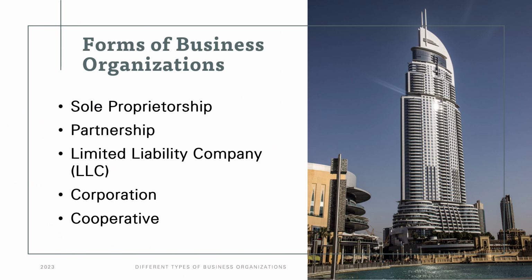First and foremost, there are several different types of business organizations, including sole proprietorship, where a business is owned and run by one person with no legal distinction between the owner and the business. Advantages include ease of startup and complete control by the owner, but the disadvantages include unlimited personal liability for debts